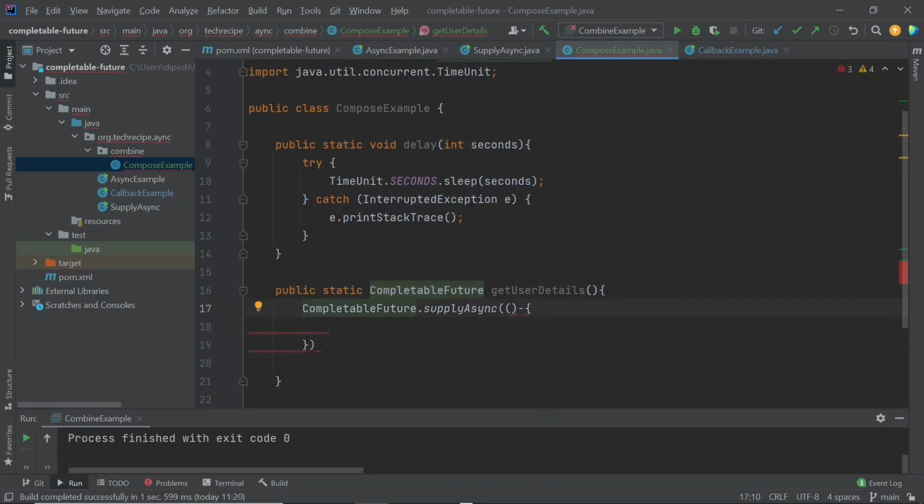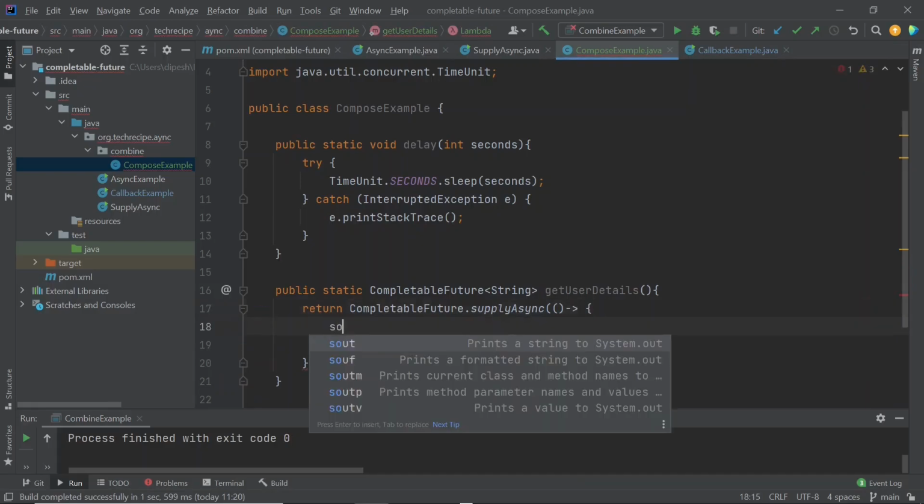We are going to return the user detail as a string.